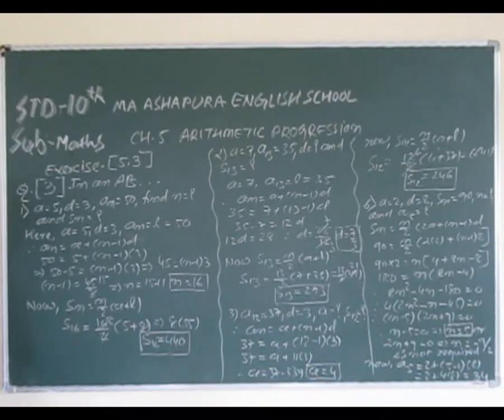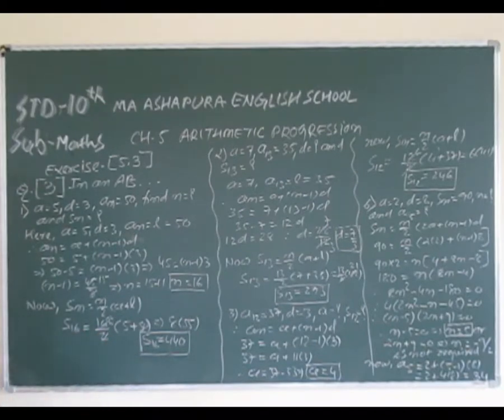Now find the Sn. Sn is equal to n by 2 into bracket a plus l. Here a is called the first term, l is called the last term, and n is the number of terms. So put the value in the formula, and we get S16 is equal to 16 by 2 into bracket 5 plus 50. 5 plus 50 is equal to 55, and 2 8s are 16, so cut down the factors, and finally we get S16 is equal to 8 multiplied by 55,